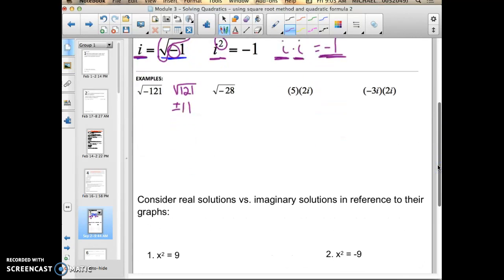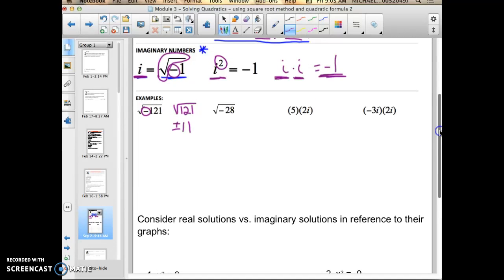Now, let's consider this though. Taking the square root of a negative means that I need to represent that we're entering into the realm of imaginary numbers. Just like I showed you up here, whenever you take the square root of a negative number, it comes out of the radical and is replaced by the letter I. So in this case, the square root of negative 121 is plus or minus